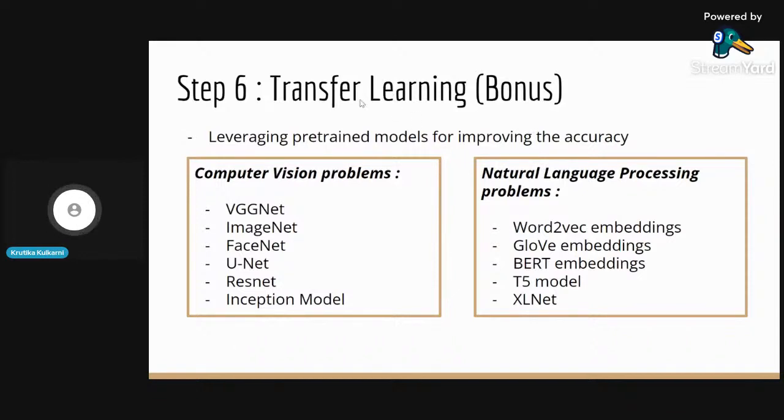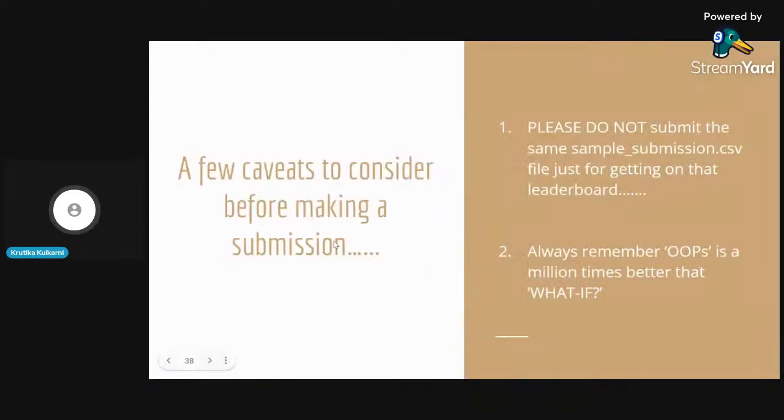You can also start learning about deep learning. You can learn about CNN, RNN, and so on and so forth. So this was like a bonus step, but I heavily encourage you all to take a look at this as well. So now the last slide is a few caveats that we need to consider